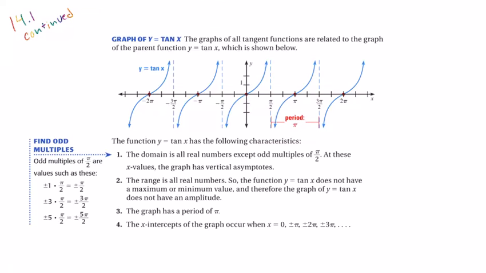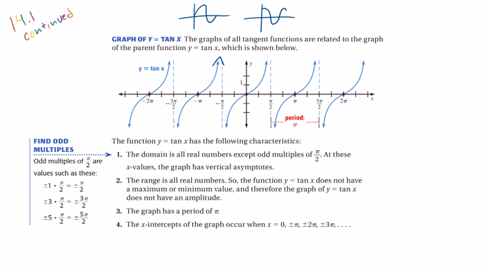In this video, we are going to continue talking about section 14.1, and we are going to start graphing y equals tangent of x. So this function's graph is a little bit different than the sine, which looks like this. That's one period of the sine, and cosine, which one period looks like this. All right, instead of having all real numbers and having these maxes and mins, as you can see from this